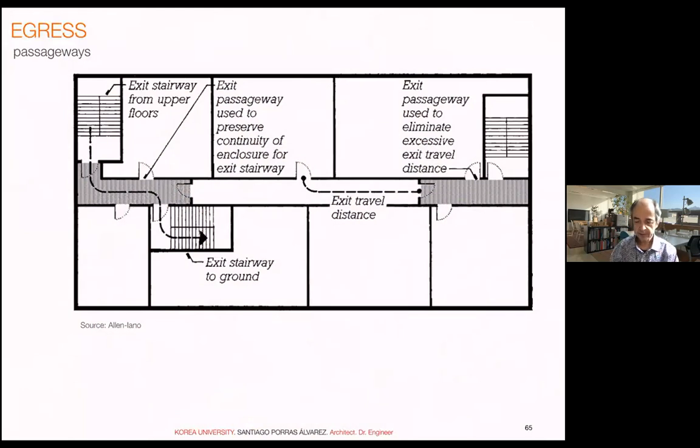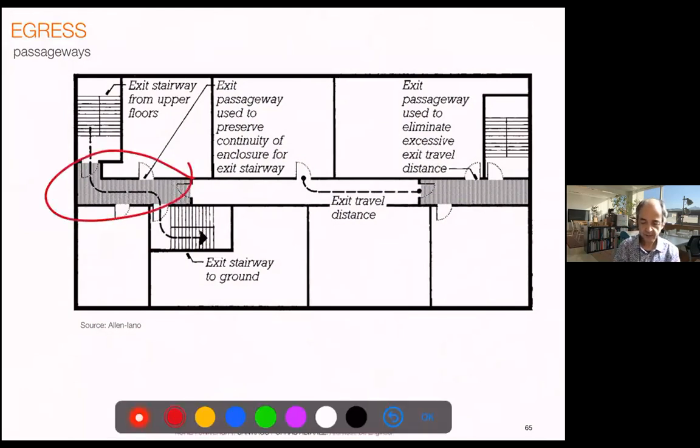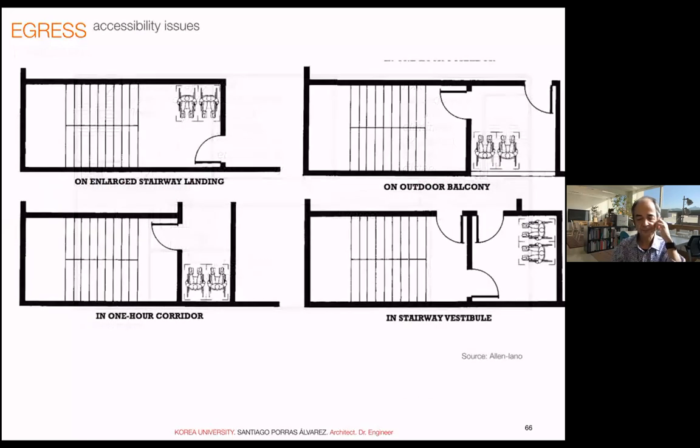Okay, so passageways are the concept of having a safe space to shorten the distance to the stair, right? In general, they are safe, but the weak point are the rooms which access this passageway. So you need to have a very, very safe enclosure there, so this escape is not compromised. So it has a weak point. That happens the same, especially in this chart, the escape floor.